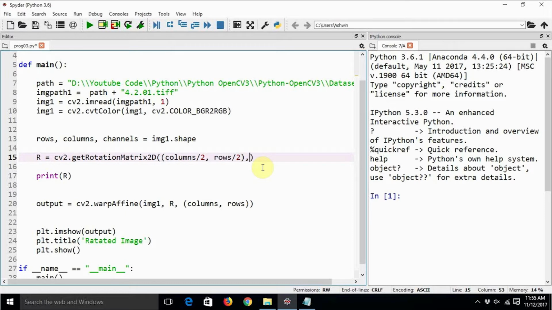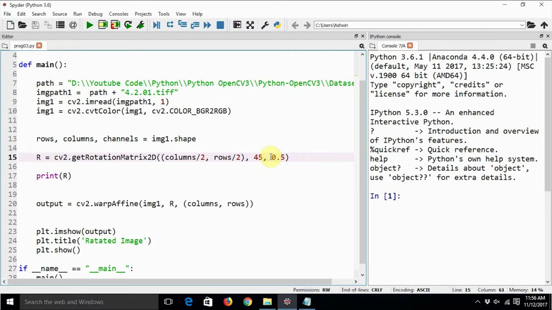And the next thing is that we need to define the rotation, 45. 45 is nothing but the rotation that we want to achieve. It is in degrees, it is not in radians. That's why we can just mention values like 45, 90 and so on. And finally we need to specify the scaling. We can even scale the image using this getRotationMatrix2D, and then apply that matrix to the warpAffine function. Let's keep the amount of scaling equal to half.